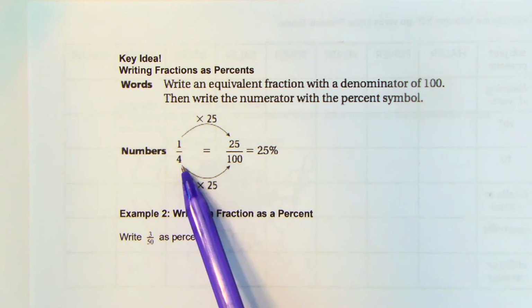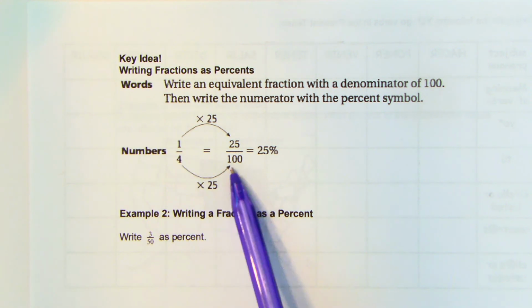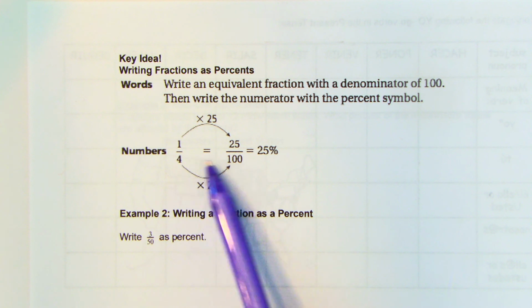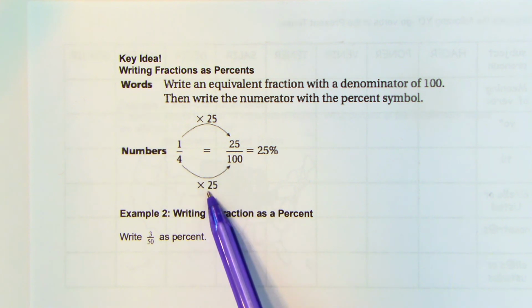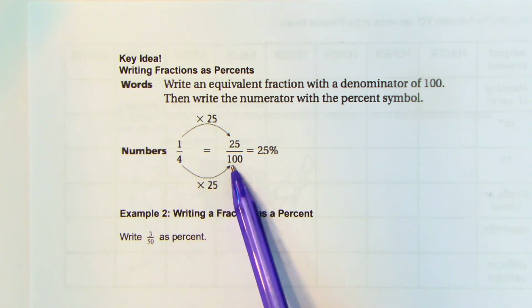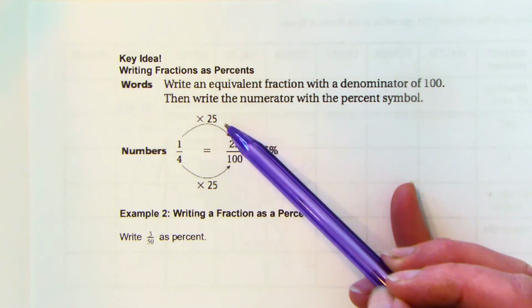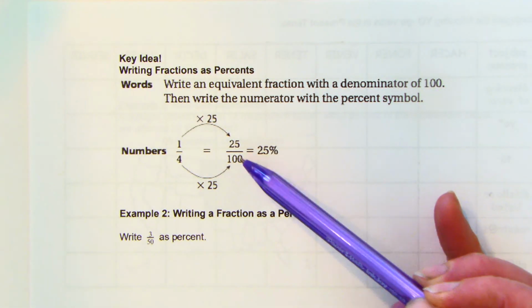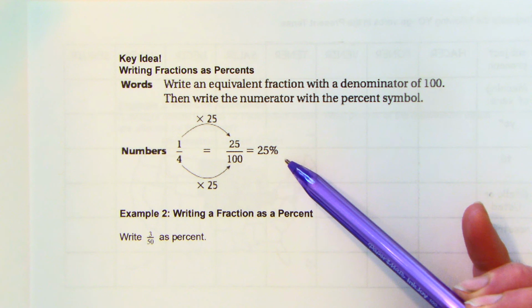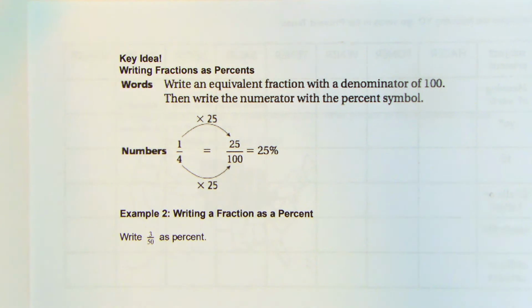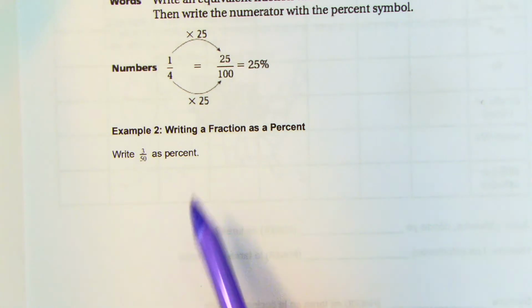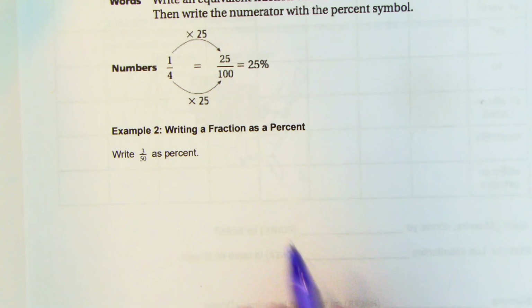So if we have a number like 1/4, and I want to go to 100, I know that 4 goes into 100 25 times. Whatever I do to the denominator, I have to do the same thing to the numerator. So I've got 25 hundredths, which is 25%. Okay? So if I want to write 3/50ths as a percent,